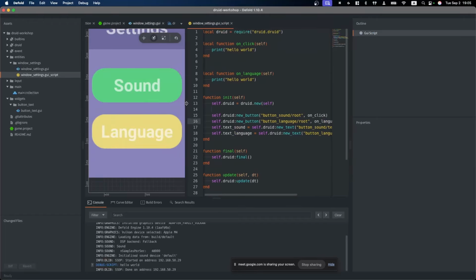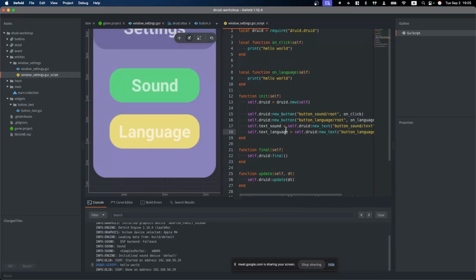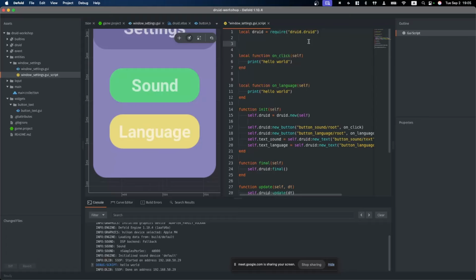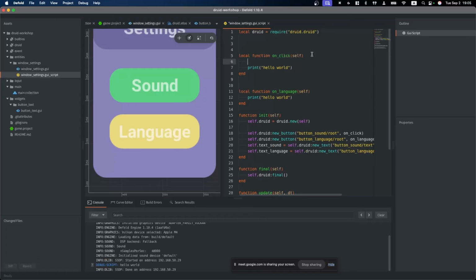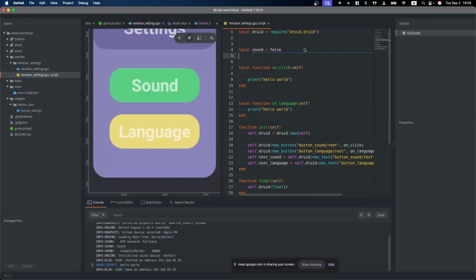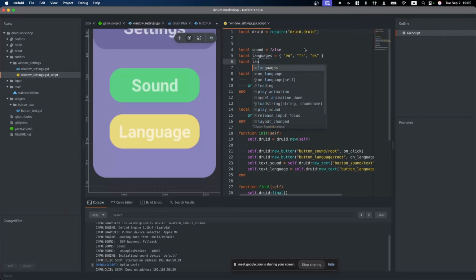So let's use them. We have a sound text and a language text. So we need some data to interact with. For sound, let's make a local variable sound equals false, and local languages, which will be iterated, for example English, French, and Spanish, and current language index.